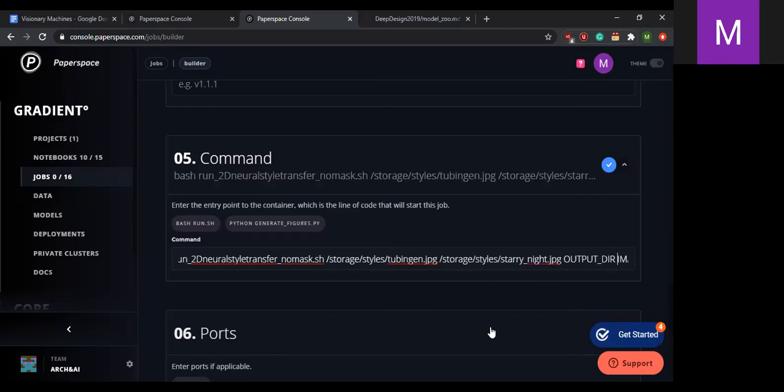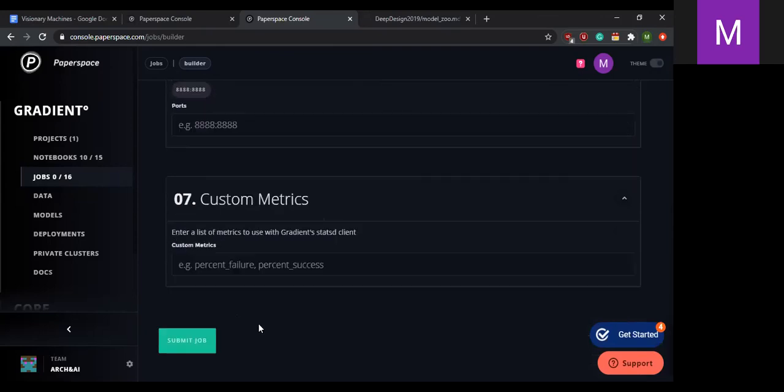For now, let's try using the output directory as artifacts. We try to generate an image of size 512 by 512. You can assign the content weight, say 100, and set the style weight as 1, and set the number of iterations to be, say, 100. And this is the command that is going to execute on the cloud machine. So you can skip defining ports or custom metrics, and finally,